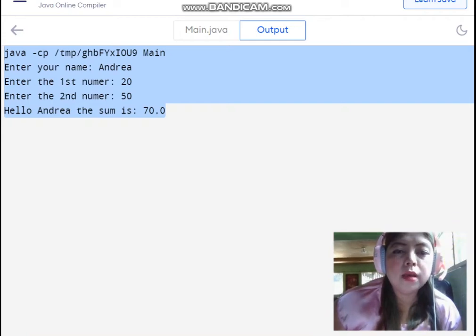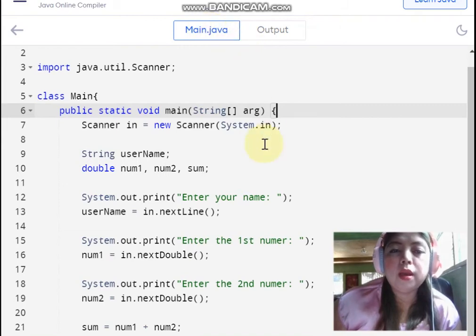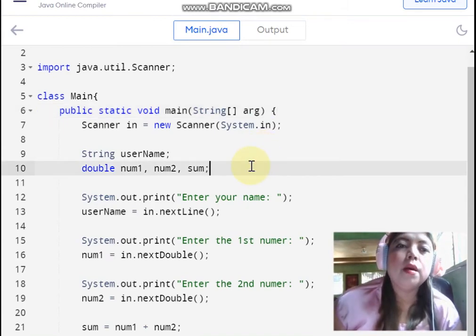Siguro, from this, maganda kung makapag-practice tayo, no, using the scanner class bago tayo mag-proceed sa next lesson. So, yung activity na ibibigay ko sa inyo is good for 30 minutes. Create lang tayo ng panibagong program, pero I'll move you to do it on your own, and then later on, check natin kung sino yung may pinakamabilis na outcome na maipapasa at the same time, para magkaroon na rin ng idea yung iba kung paano ginawa ng classmate nila yung activity. Para naman, kung merong hindi nakahabol is meron pa rin way para sila ay matuto kung paano ginawa ng iba